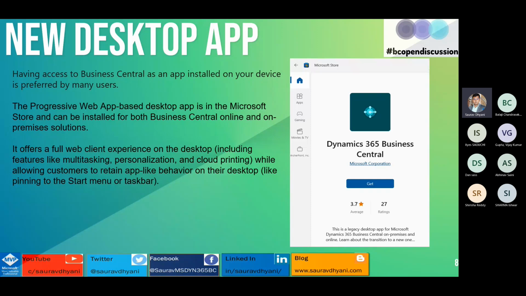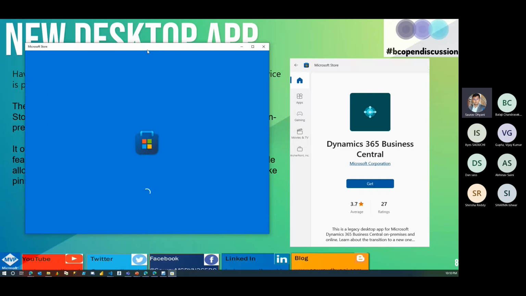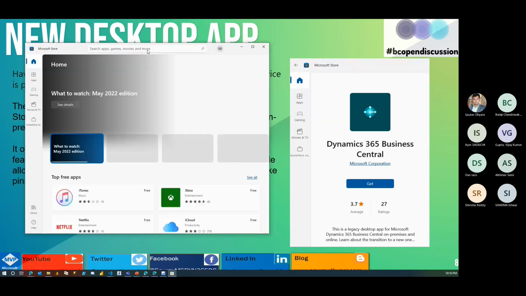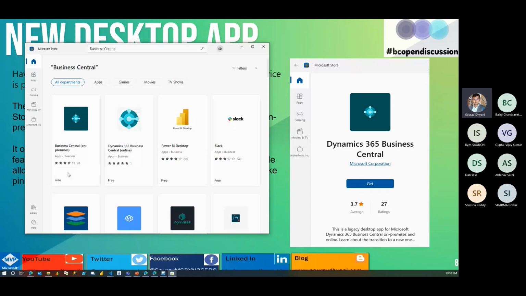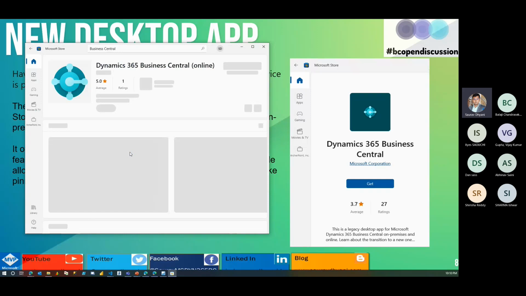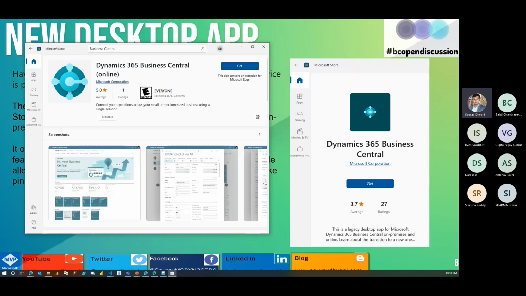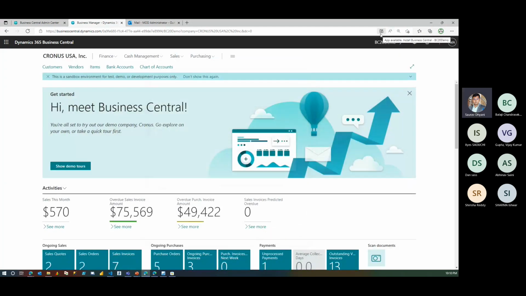You just need to make sure that you go to your store. Once you get into your store, you just have to search for Dynamics 365 Business Central. It'll populate two apps once you search for it. One is for on-premise and one for online. If you're using the online version, I think you also get a notification on your browser to download the app, if I'm not wrong. Let me cancel this out. Somewhere here, there should be, yeah, here. As you can see here,